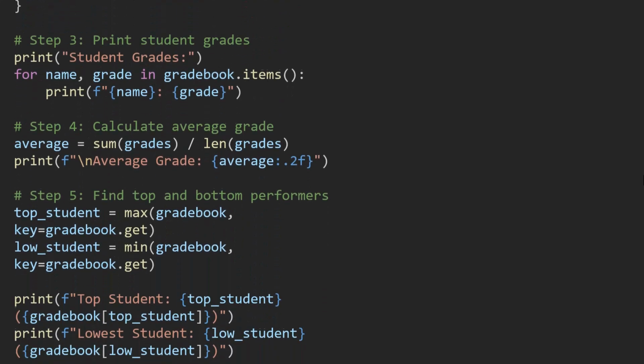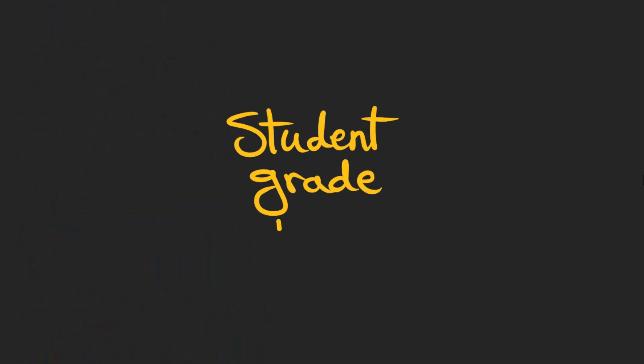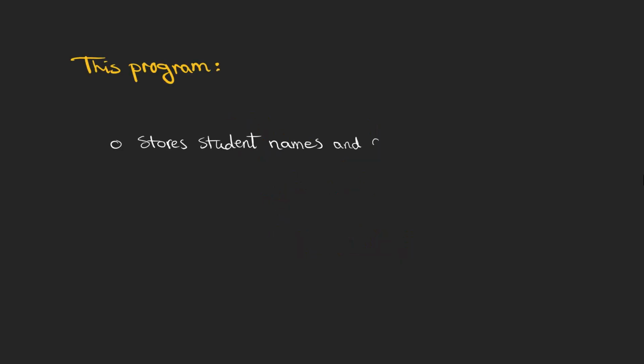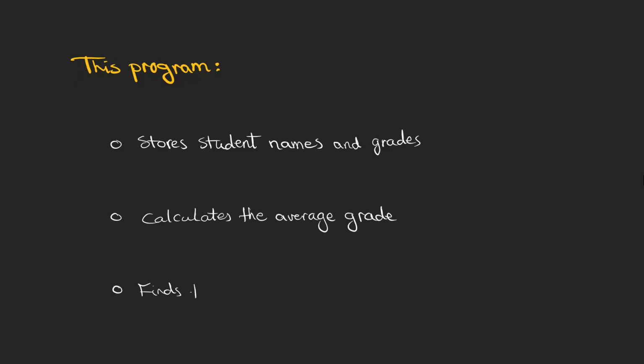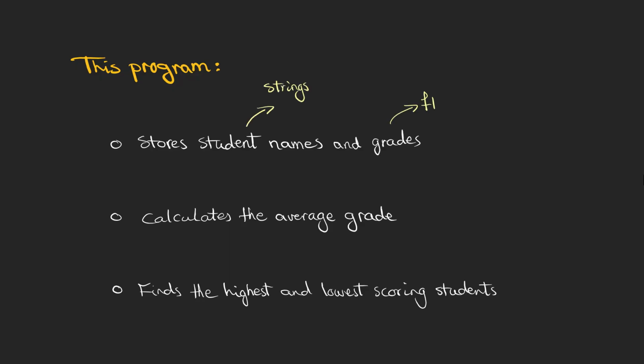In this video, we are going to write this code and learn and practice a lot of basic concepts in Python practically. This program stores students' names and grades, calculates the average grade, and finds the highest and lowest scoring students. For students' names and grades, we will learn what kinds of data types we have in Python and how